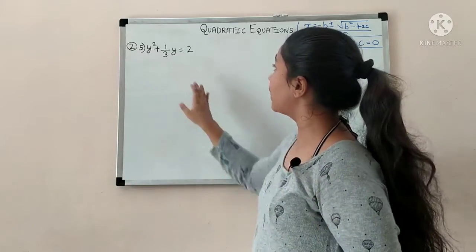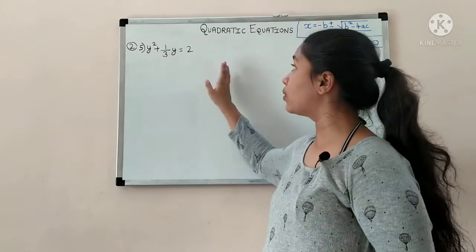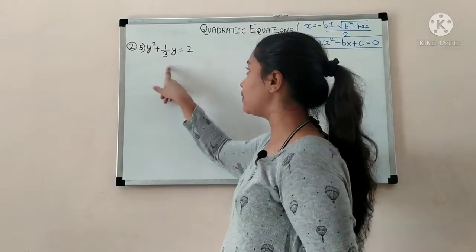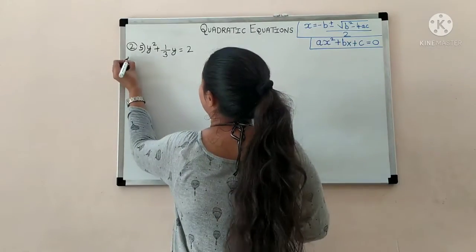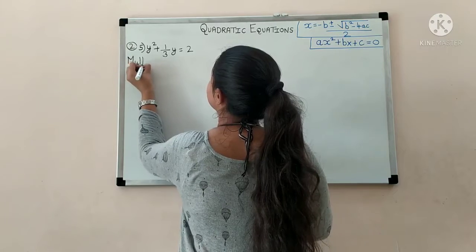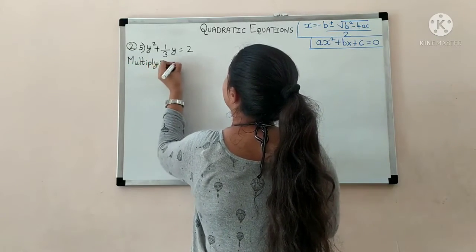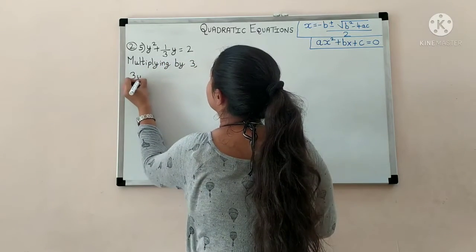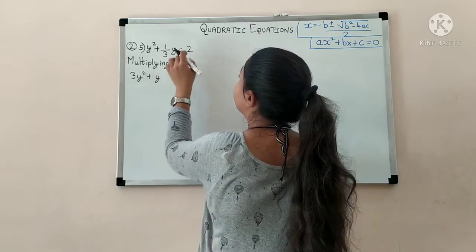So what do we have to do? We have to remove this denominator. So for removing the denominator, we multiply the whole equation by the same number which is given in the denominator. So here in the denominator we have 3. So we will multiply the whole equation by 3. So you can write multiplying by 3. Okay, it will be 3y square plus y, because 1 upon 3 into 3y,